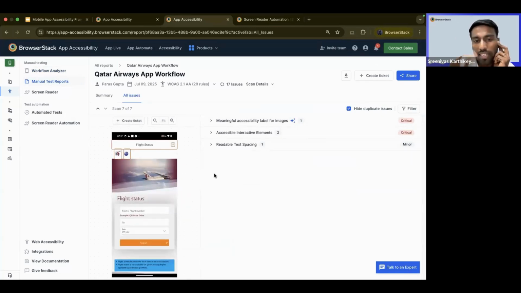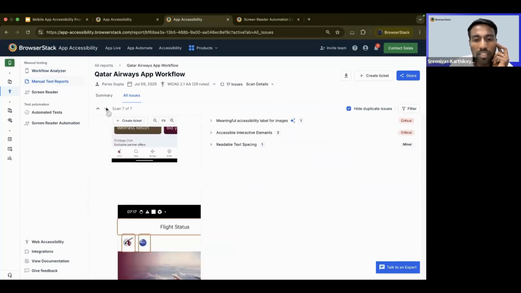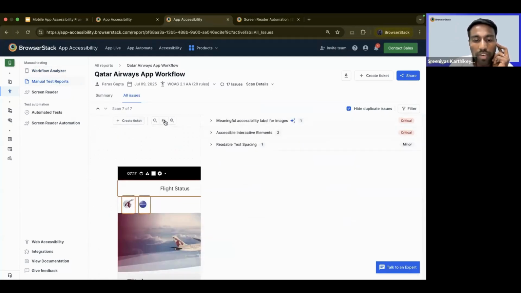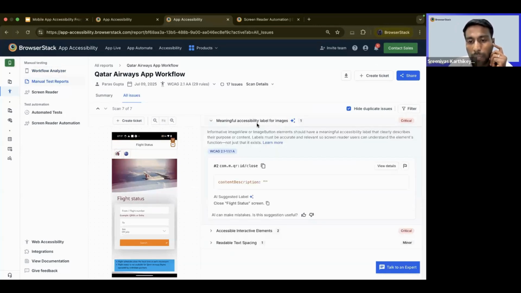So once the testing is done, we create a detailed report, and the report looks like this. You have a bunch of screens that were scanned, and all the screens are appearing here. On the right side are the issues that we have identified. Now if I want to see what is happening with this, meaningful accessibility label for images, this is